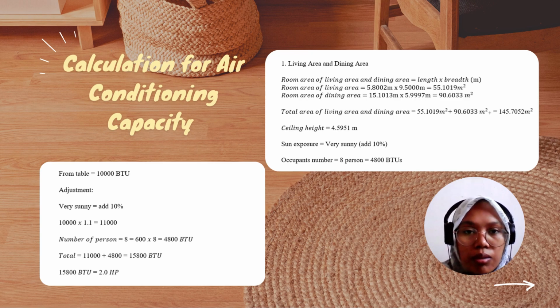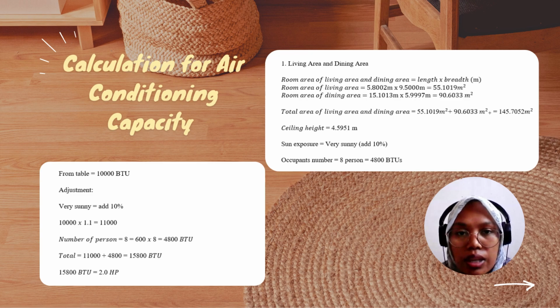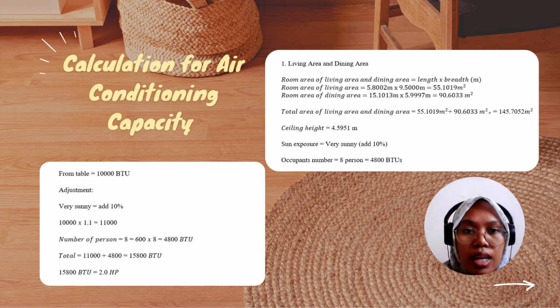So the room area of the living area is 5.8 meters times 9.5 meters, and it will equal 55.1019 meters square. So the room area of the dining area is